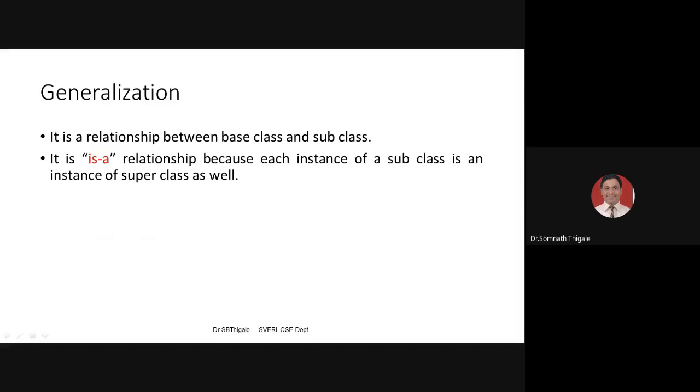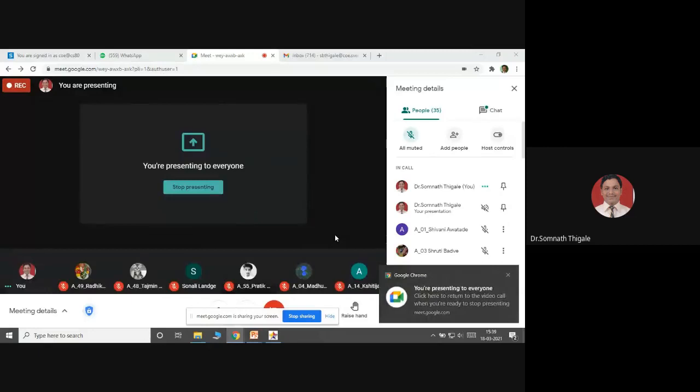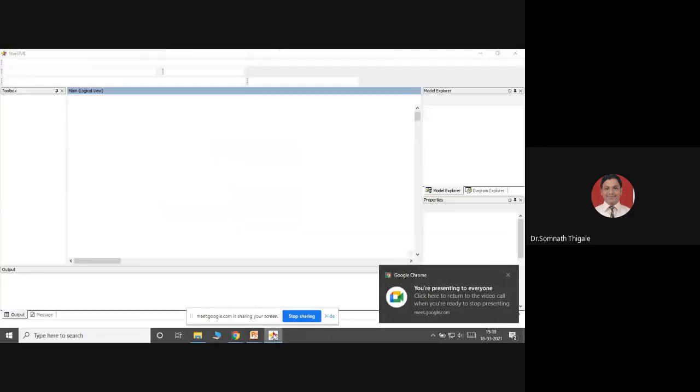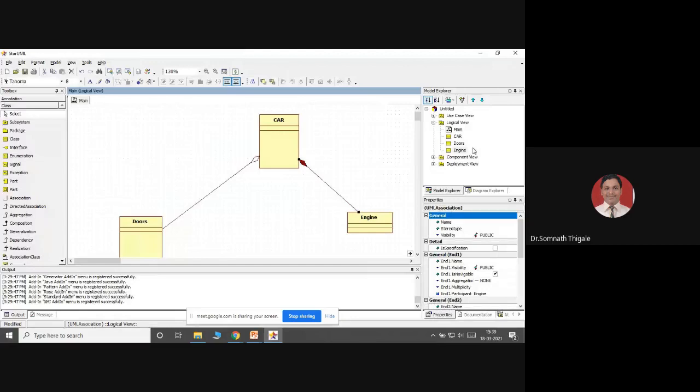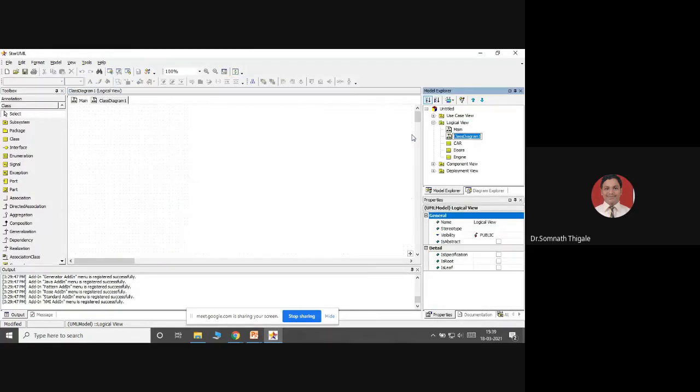See here. I'll take one more window here, add a diagram, and select a class diagram.